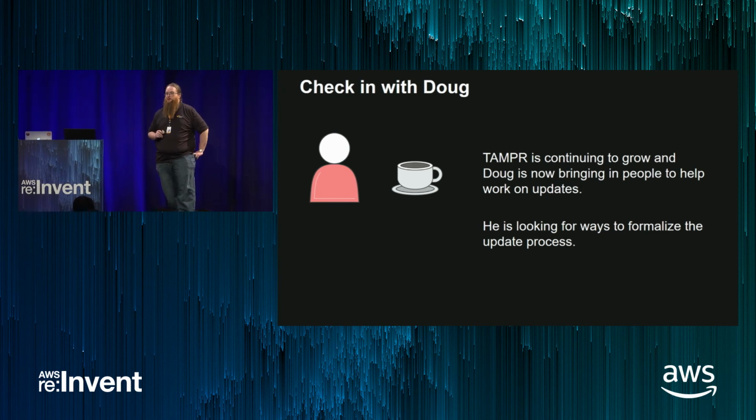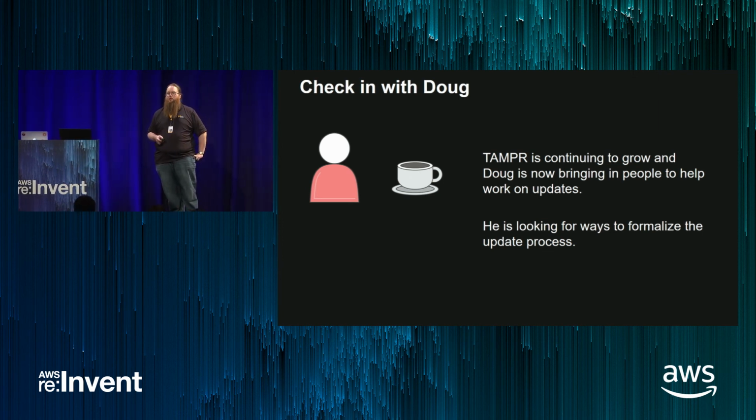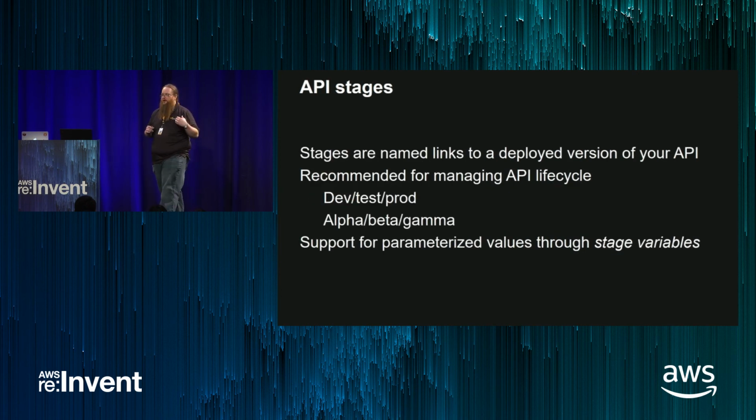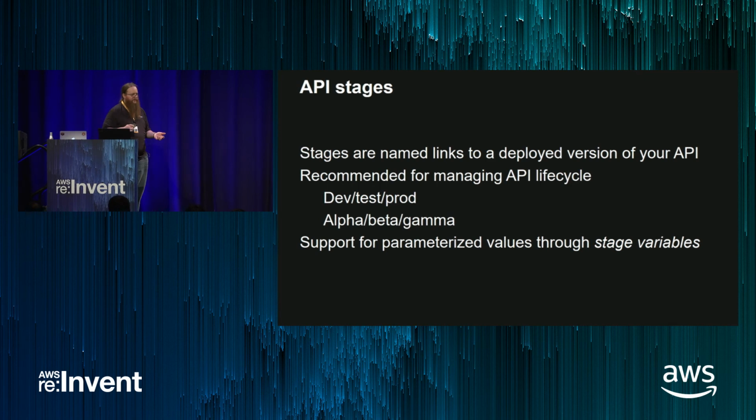Okay, so TAMPR is growing so much that now Doug is actually doing this as his day job, and he's brought in additional people to work on TAMPR. So he needs some process in place to help bring these people on board and maintain the overall operations of his service. So now I'm going to talk a little bit about some of the various methods you can use to manage your API lifecycle. The first and